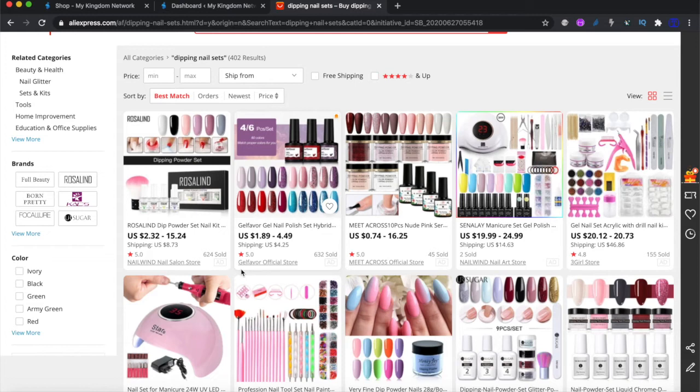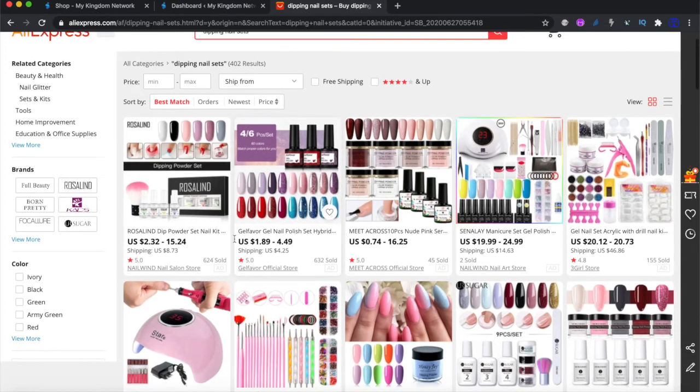Very, very important that you need to spend a lot of time doing research to figure out who is the end manufacturer, and you need to buy from the actual end manufacturer. So if you look at the navigation panel on the left here, you will see a couple of brands. Okay, Rosalind, Born Pretty, Focallure, Your Sugar. Okay, and you need to find the specific manufacturer store that makes the brand, so that you don't end